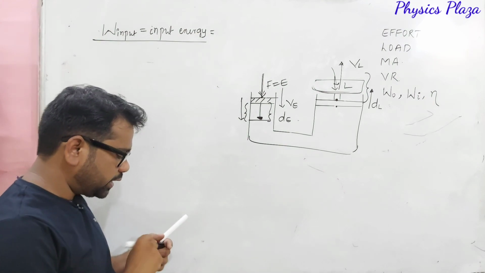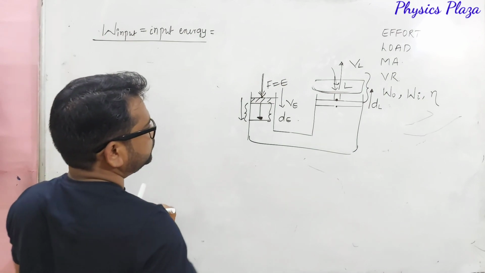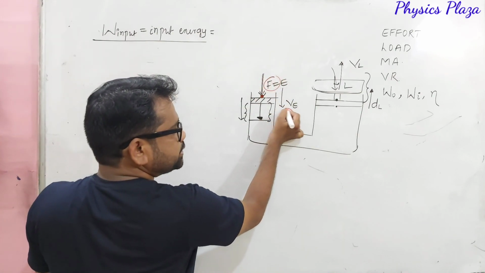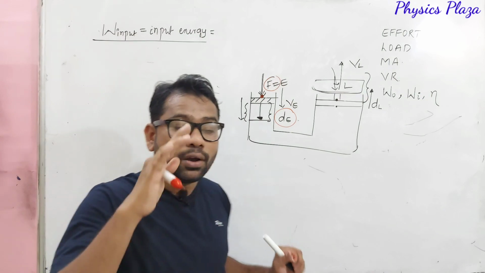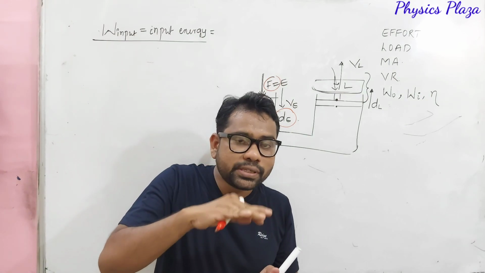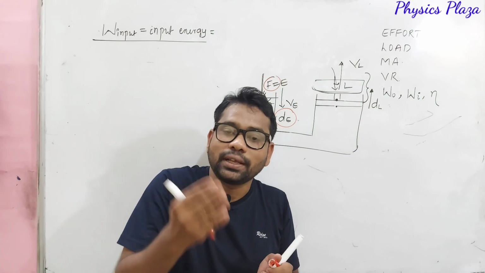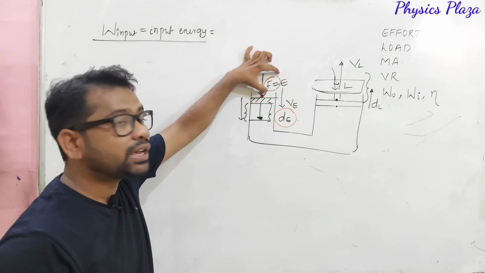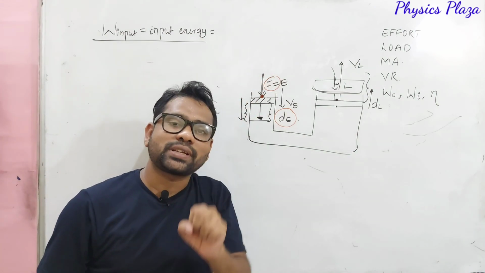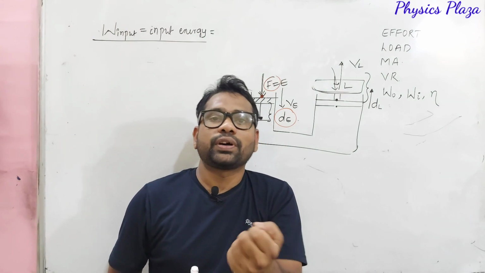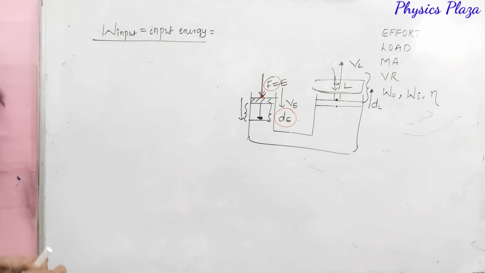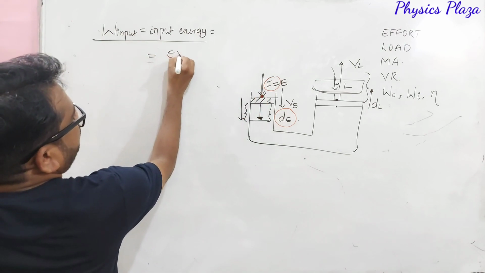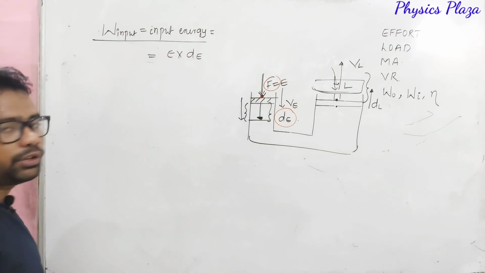Dear children, for example, let us take this point, the point of application of force. Some force we are applying, so that there will be some displacement. Already we discussed in the work, power, energy chapter, if a force is acting on a body and the body is displaced in the direction of the applied force, then some work is said to be done. Here, the effort which we are applying is doing some work on the machine, and that we call input work. So how can we calculate input work, dear children? Input work can be calculated like this: effort into effort displacement. That's it. Effort into effort displacement.